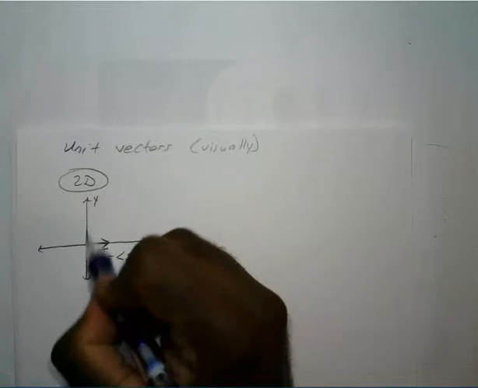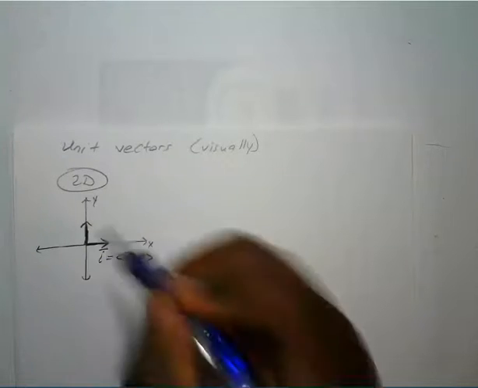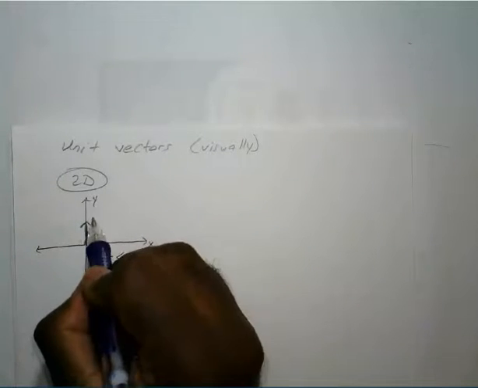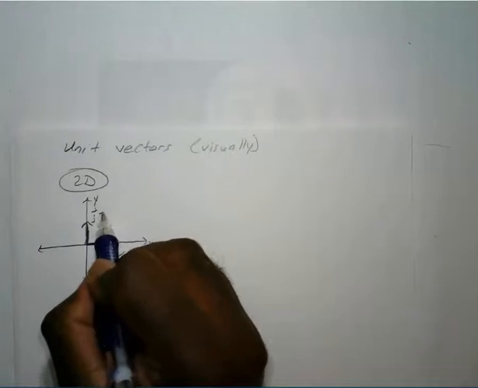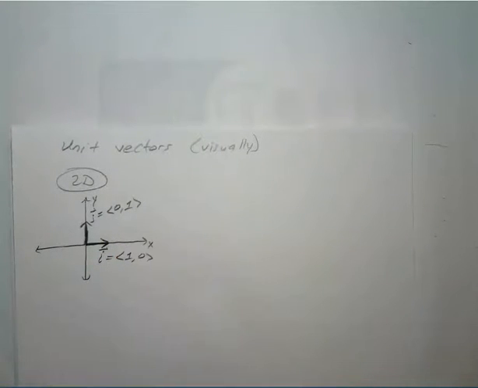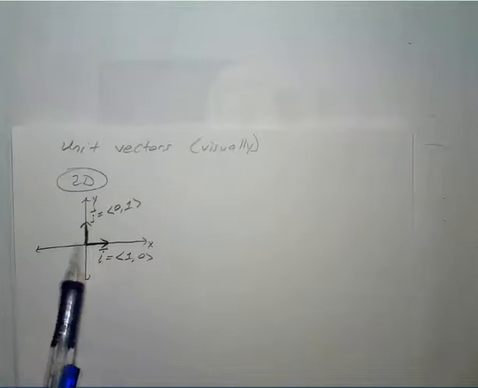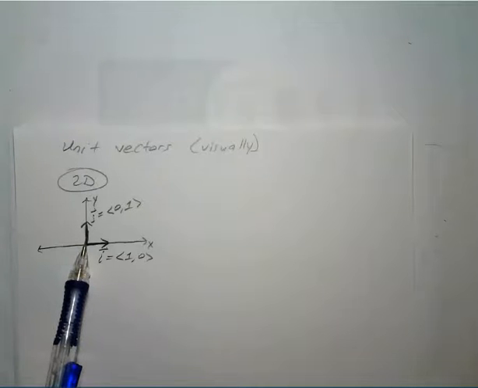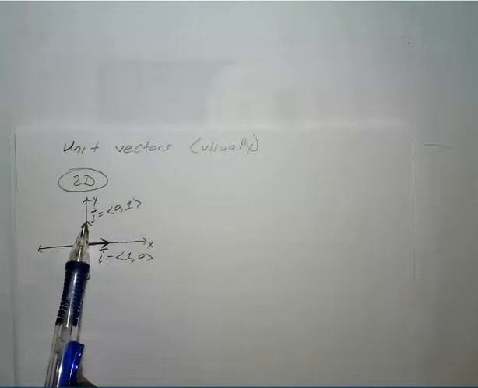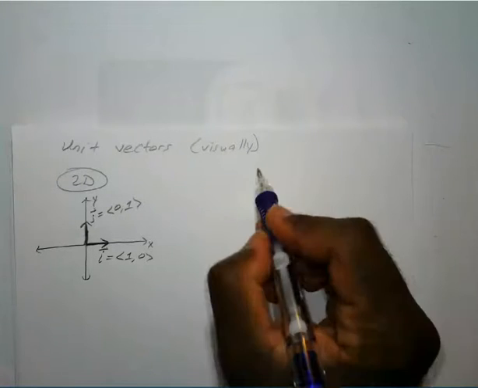And our vertical unit vector, that's our J vector. So our J vector, which is 0, 1. Okay, so starting at 0, our terminal point is 1, 0. So starting at the 0 or the origin, our terminal vector is 0, 1. I mean terminal point. Okay, now in 3 dimensions,